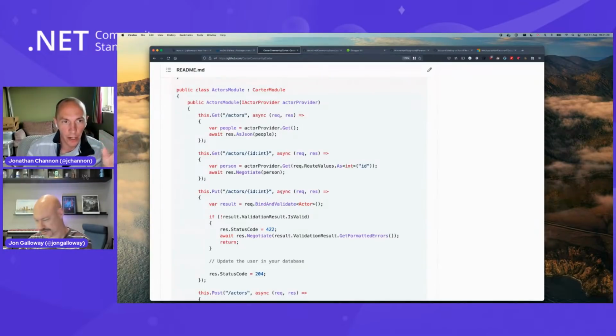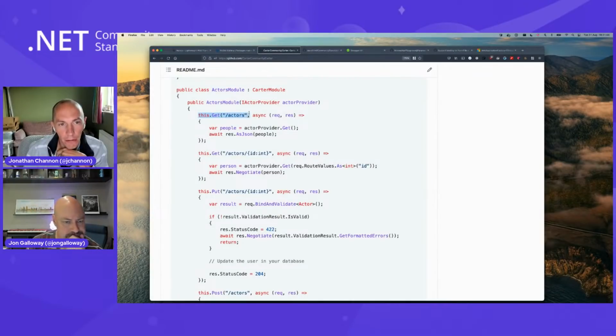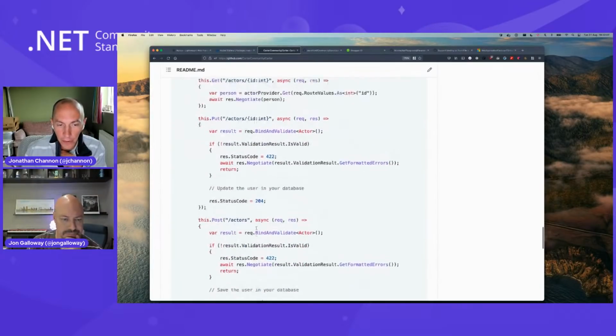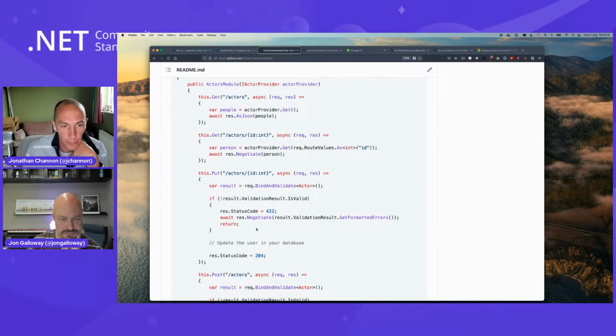With MVC, you can have a class, like you would here, but you would have a method with potentially various attributes to handle that. And I kind of like this, I don't know what you would call it, but this kind of routing syntax where you define your method and your template and your handler in one go. I mean, obviously this is a delegate, and so it could be a method. You could have a C# method group and just say this get actors ID, get actor by ID, and then you have a method further down which was called get actor by ID, for example.